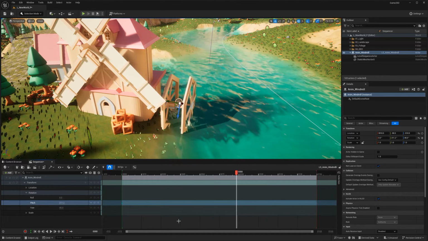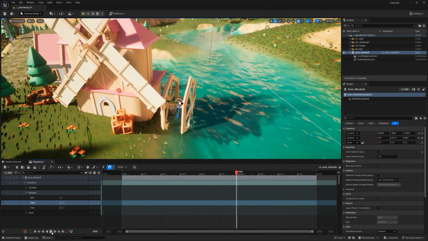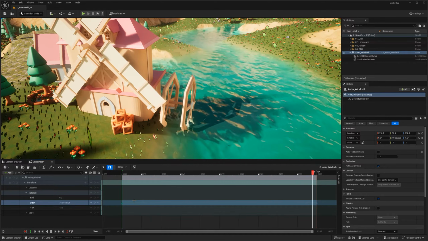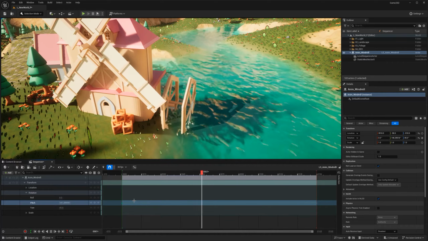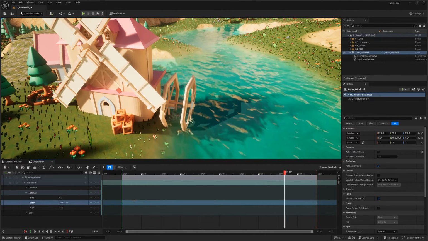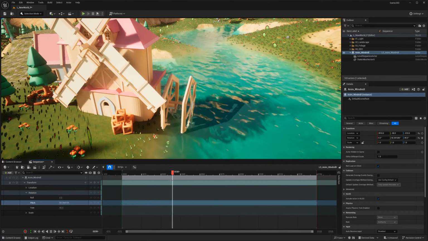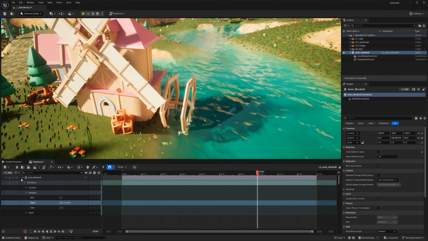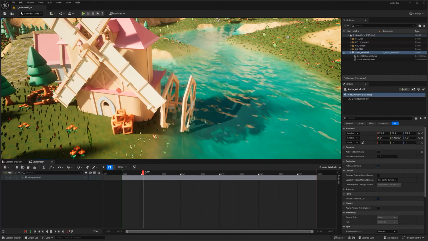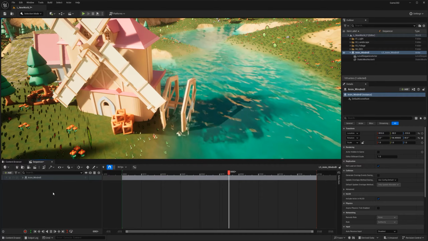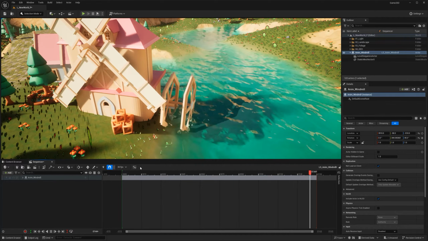So this loops forever. And if I click this button here to see looping and I press play, this is my animation, how it's going to be playing forever. So that's a very easy way to add that to your world. And it just looks cool. And what is awesome about this, when we do some particle effects, we're going to put some water splashing here. We can also add it to this actor.